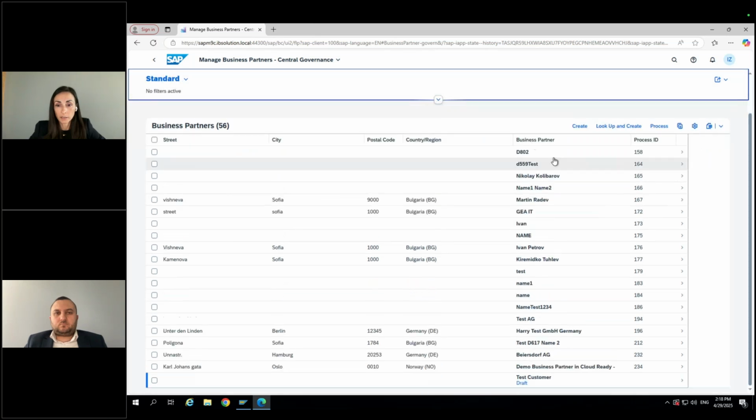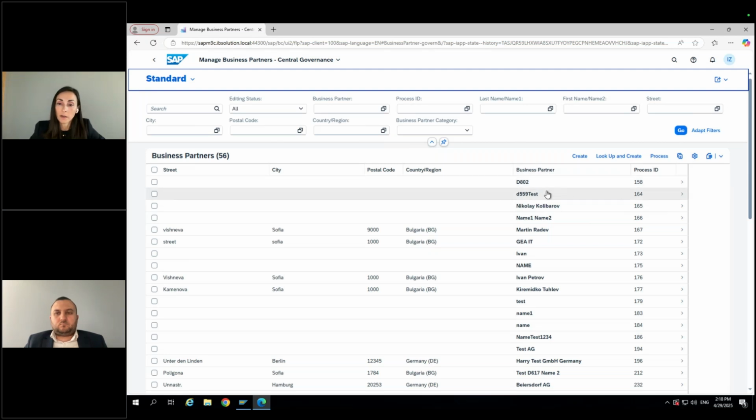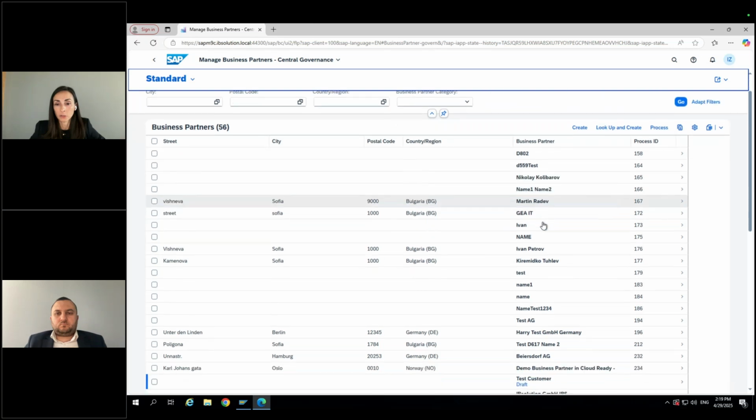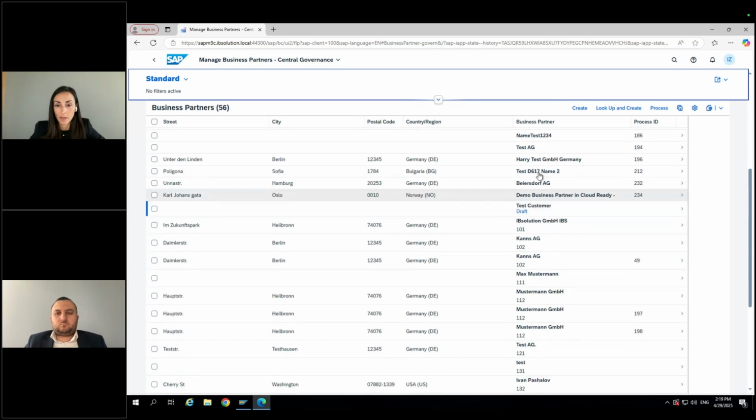Interesting to see is that in the business partner section, if we do not have yet a generated business partner ID, meaning the number, then we don't see anything, only some names, descriptions, whatever has been assigned as business partner name.